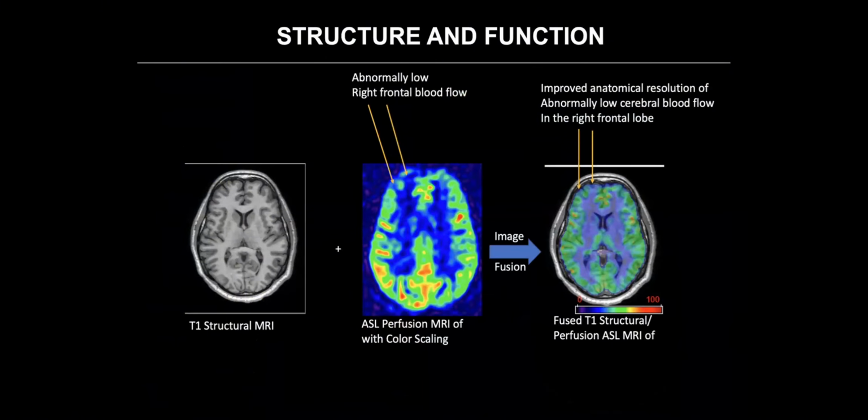Well, sometimes we can even fuse form and function to get overlays of the brain. You can see a structural MRI in an individual. You can see an ASL perfusion map with color scaling. You can actually merge these two scans together to see the exact anatomy of the abnormally low blood flow in the brain. We can see, both grossly and with greater anatomical precision, that there is reduced blood flow, in this case, in the right frontal lobe. And again, this is radiological assessment, so it's a paired opposite compared to what you see in the conventional reading.